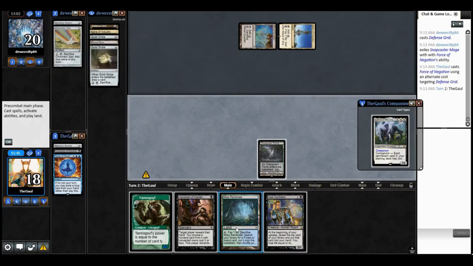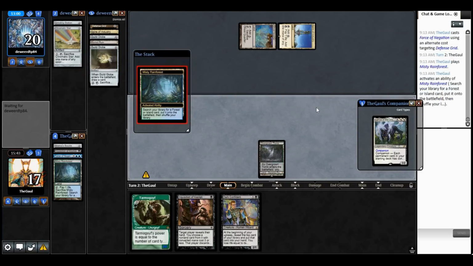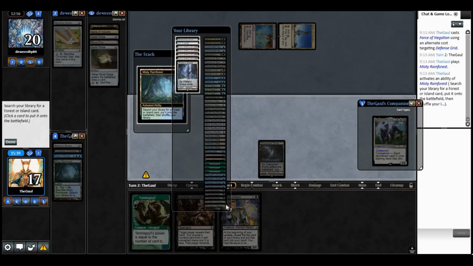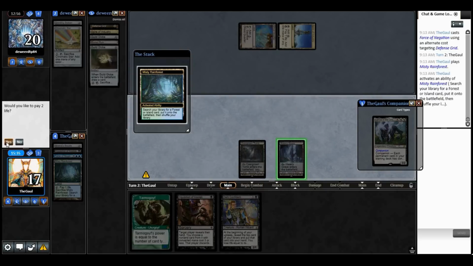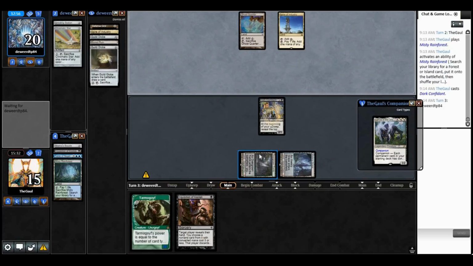Dark Confidant. Alright, I'm going to play Bob. Try to draw a third land off of him and more effects, and go Goyf into Bob, or Goyf into Inquisition next turn. I think Bob's a good draw here. Well, we've got so many tools, it's pretty cool. And no matter what ends up happening here...